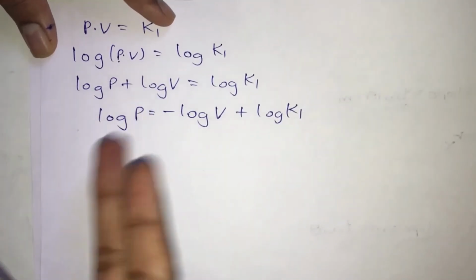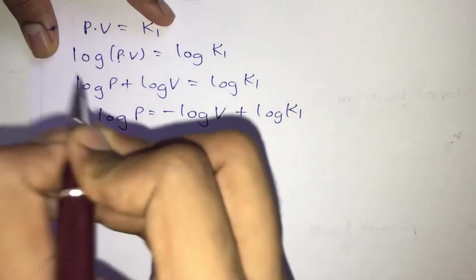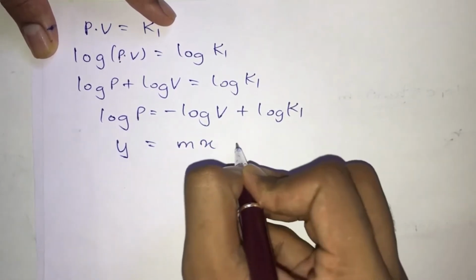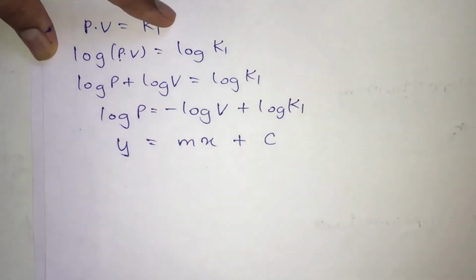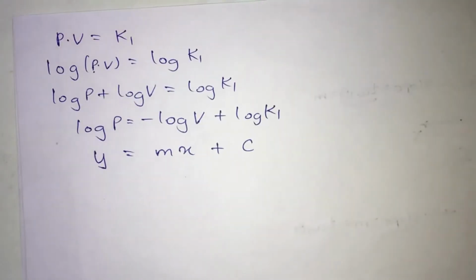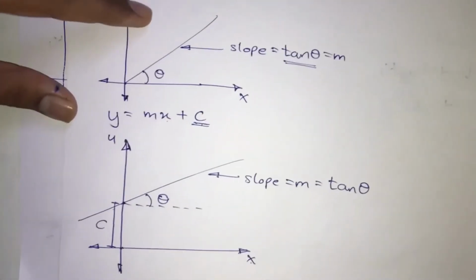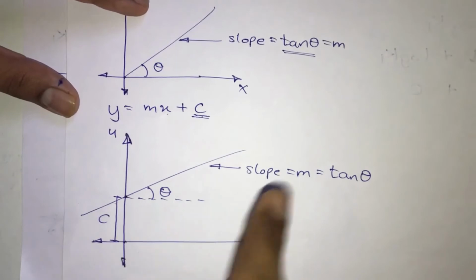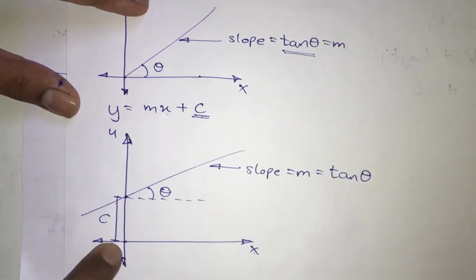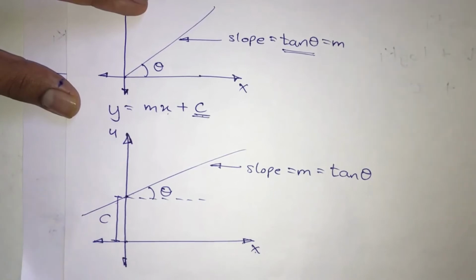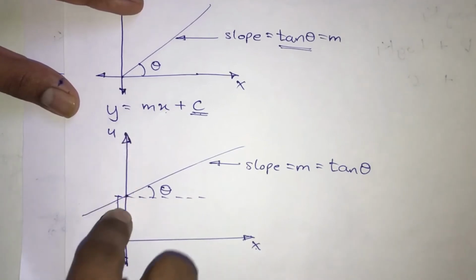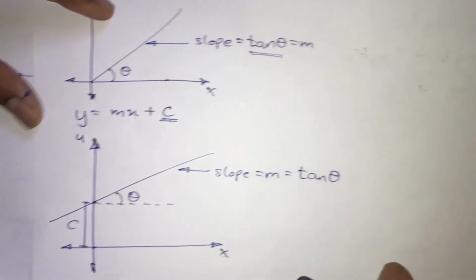Now why I am doing this, because I have to compare this with the equation y is equals to mx plus c. Now here, do you all remember I have done this equation y is equals to mx plus c, where we have seen that our line does not pass through the origin. Okay, so here it is not going to pass through the origin, and it is going to cut the y-axis somewhere over here. Okay, so now let us understand this graph over here.